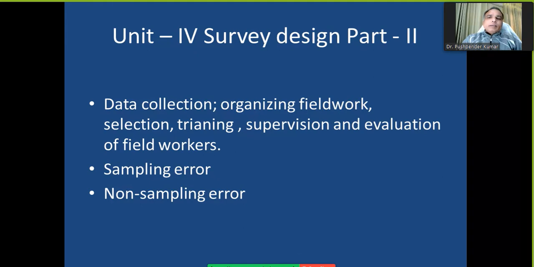So this is a very important part of data collection, that you should have these kinds of people. Generally what happens whenever you give this kind of responsibility to a third party, the third party hires people and gives them some kind of training, but there is a problem: how reliable would these people be, and how reliable would the information they are collecting be? So you need to keep an eye on these activities, on this procedure.